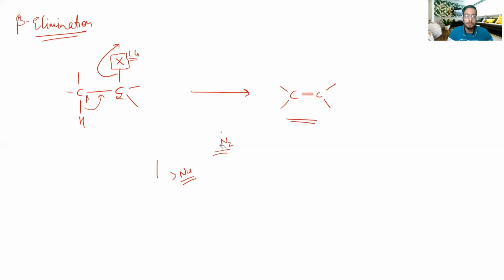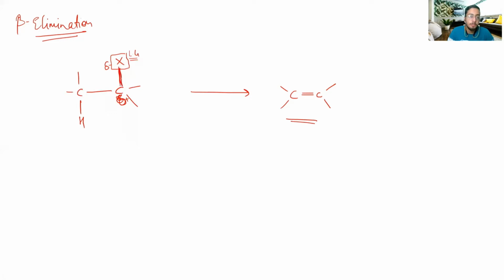But what about the advanced mechanism of this elimination reaction? I will tell you by MOT diagram. Suppose X is a leaving group. If X is a leaving group, that means it has more electronegativity as compared to carbon, and we have a delta negative charge on this side and delta positive at this side. So this carbon is delta positive in this CX bond and this X is more electronegative as compared to carbon and it has a delta negative charge.